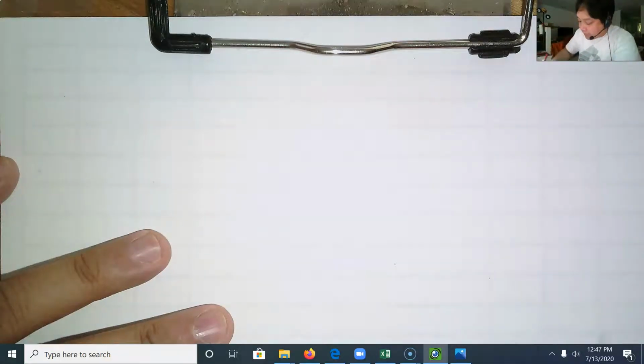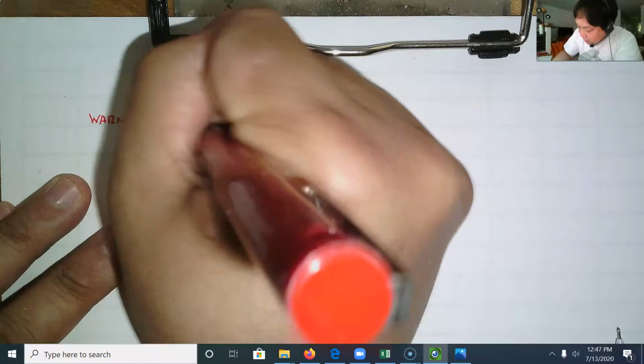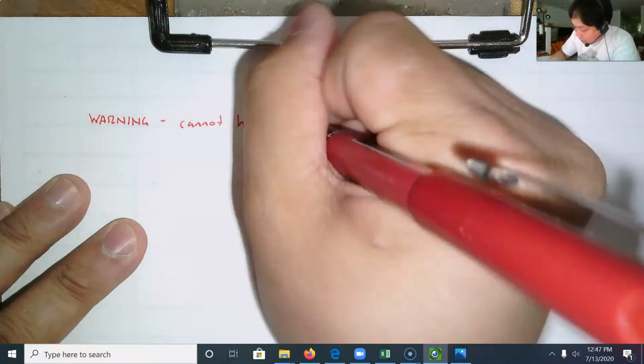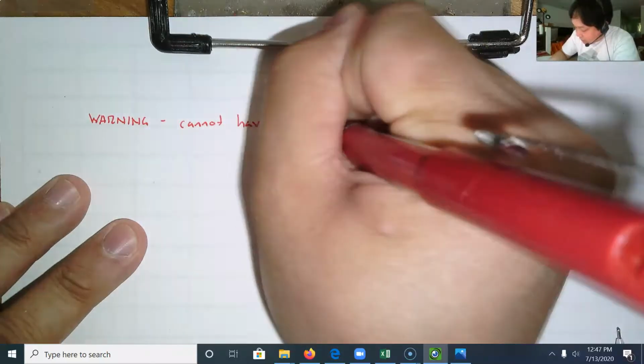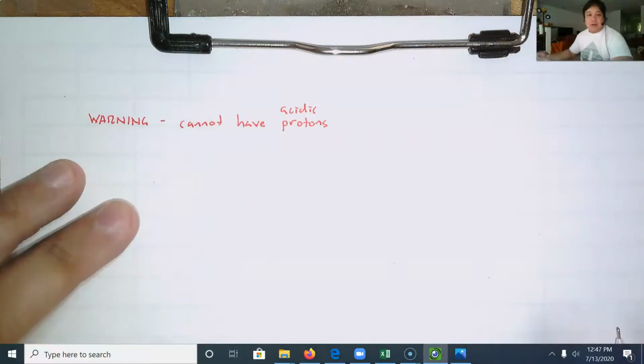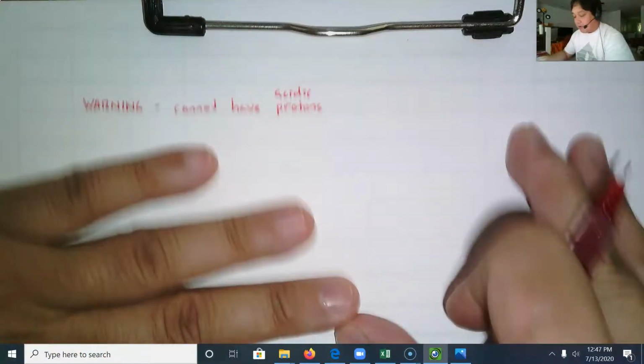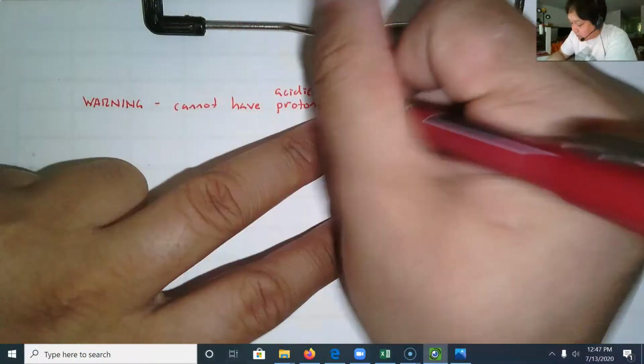Because when you have the Grignard reagent, let me draw the first one that we made. And again, this is a warning. And here you cannot have acidic protons. And even water is acidic enough to ruin your Grignard. So it cannot have acidic protons